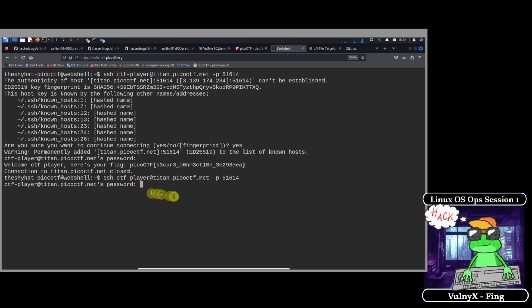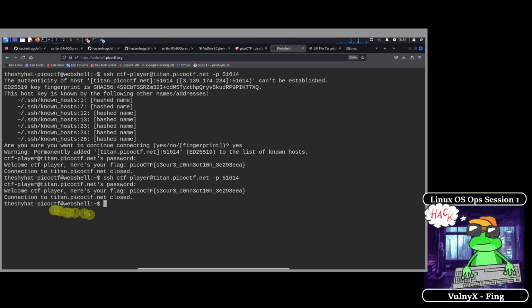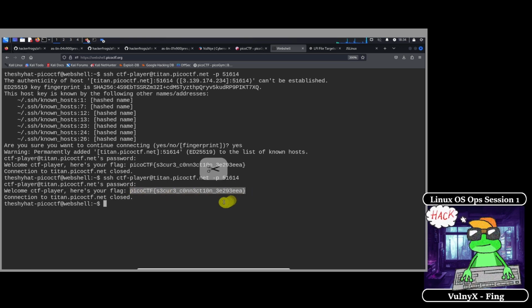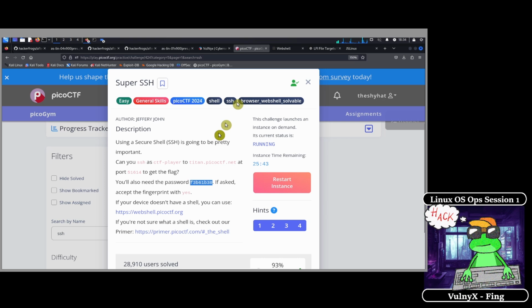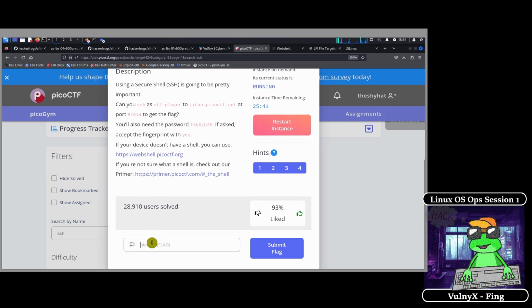You're not going to see anything appear when you paste in the password, that's fine. Hit enter, and then you'll receive your flag over here. Copy the flag, then go over to the challenge description, paste in the flag, and then click on Submit Flag, and then you should be done.